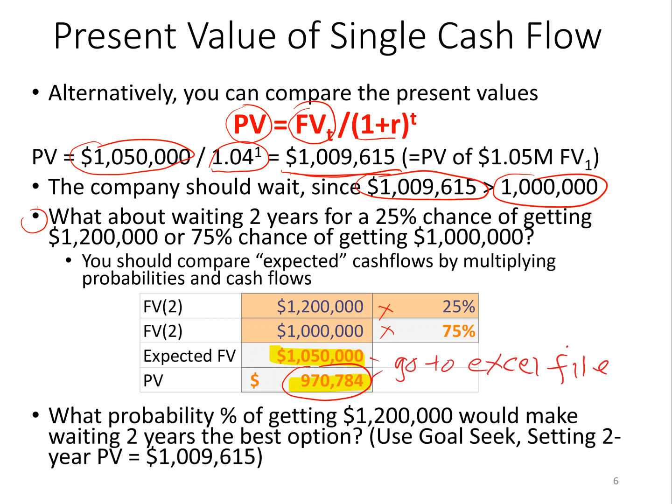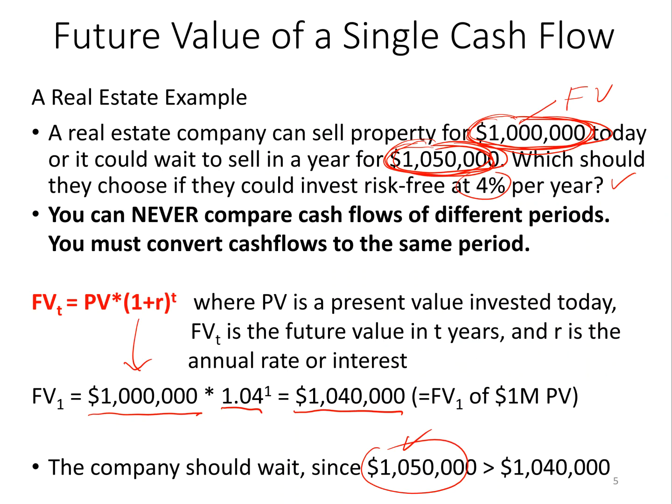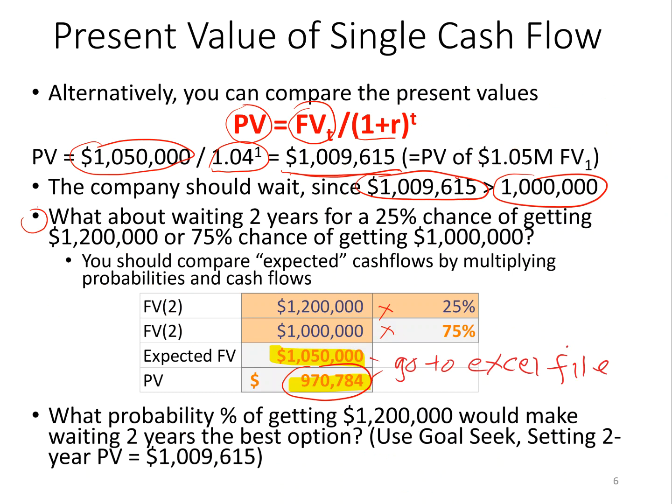So you know what? I'm just going to sell it today for $1 million, or I'll sell it, say, next year and have the present value we already calculated here of $1,009,009. Now you can do some what-if analysis in this case. What probability of getting $1,050,000 2 years from now would make this the best option? So we already said that the best option right now has a present value of